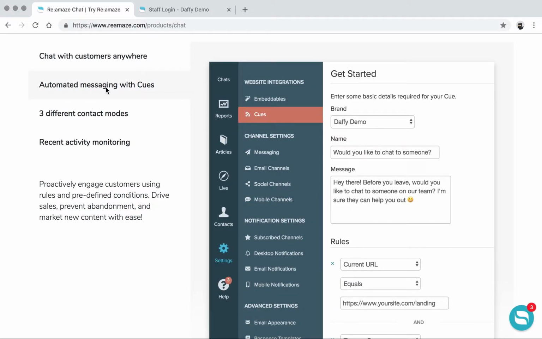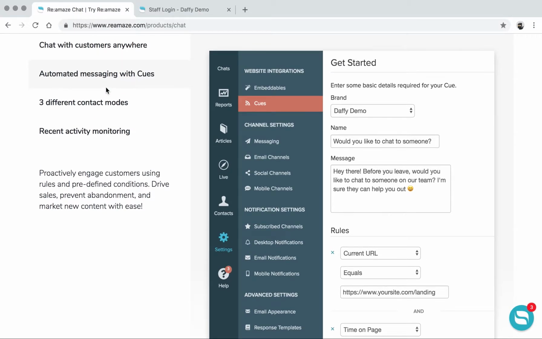The feature I was talking about earlier is called Reamaze Queues, and this is by far one of the most popular features for Reamaze. We highly encourage you to use it if you're using Reamaze Chat. It's an automated way to engage your customers on your website. So if you have a customer that's on your website and they're about to, let's say, exit the page, or if they've been to your website twice in the past week, or if they're on this specific URL and they came from a specific referring URL, you can actually create a campaign in Reamaze Queues and automatically engage that subset